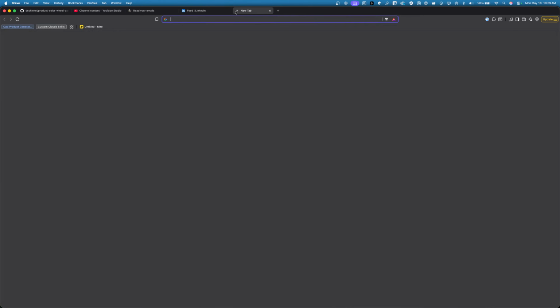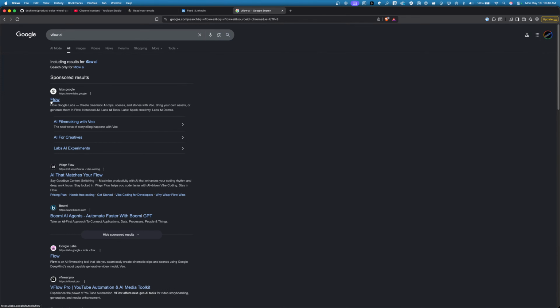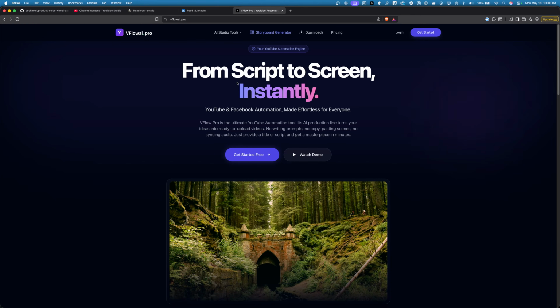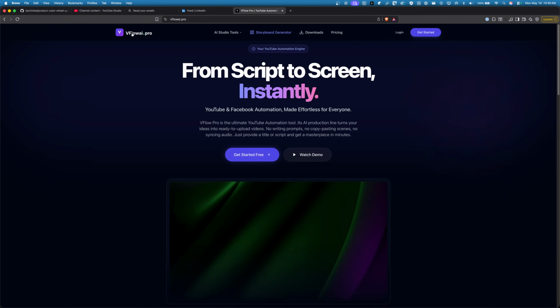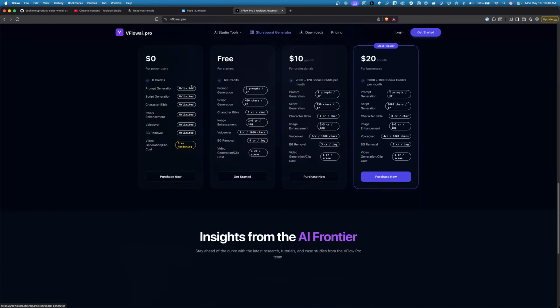so let's actually look up vflow. Let's just see if there's anything out there. No, there's not. Well, there is. What is this? There's a vflow something. I might have to change the name. What is it? There's already a vflow. Of course. I can't use that, man. I don't want to get tied up with this. This is YouTube automation. So I might need to change the name. I guess I could keep the name, but